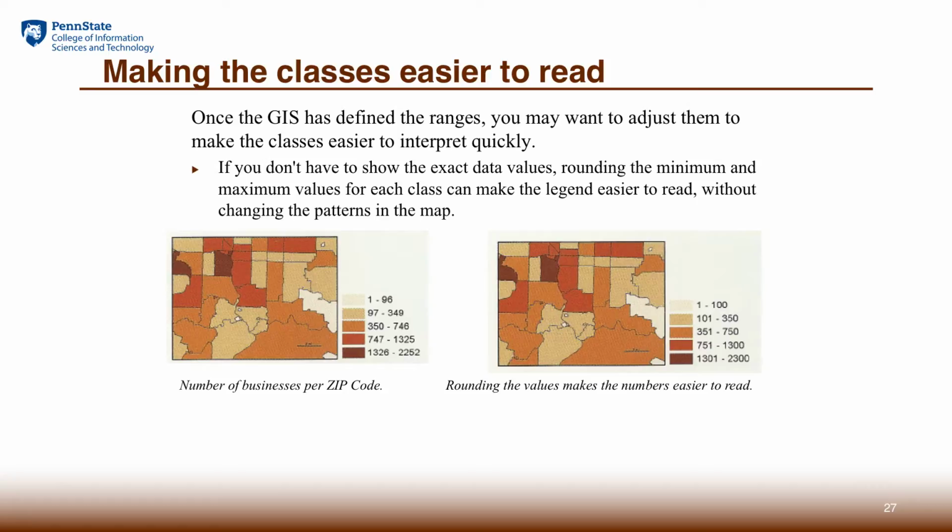Compare these two maps at the bottom. They show the same data classified into 5 categories, but the map on the left uses very random class breaks, which makes it hard to think or to conceptualize how the classes are actually formed. On the other hand, the breakpoints on the map at the right use whole numbers around either 100 or 50, which make the value ranges much easier to grasp.